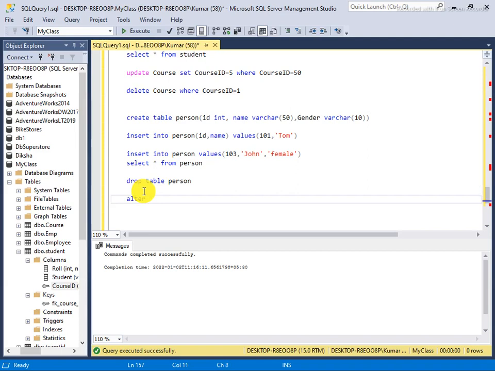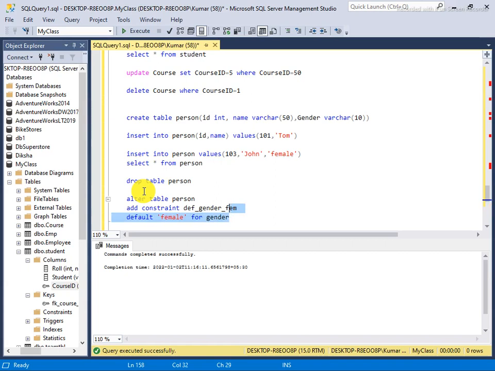So I say alter table person, then add constraint, name of the constraint def gender female. This is the name, whatever you want. And I say default must be female for gender.